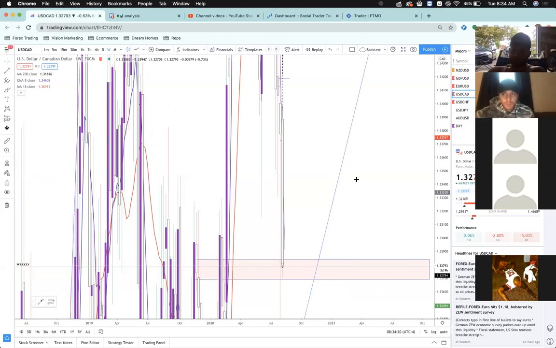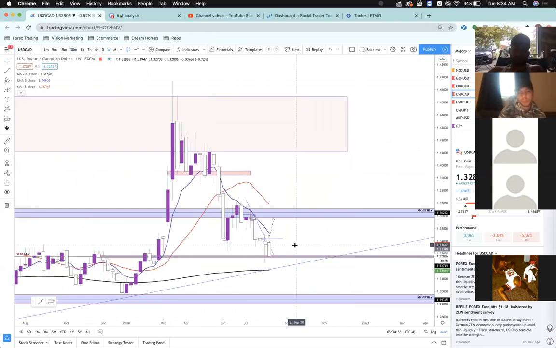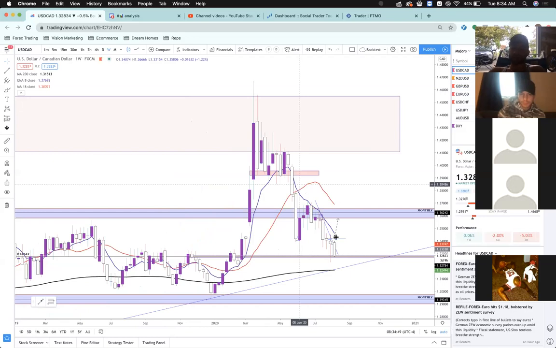All right, so we're just gonna start on UCAD. I'm gonna start on the weekly time frame. This is a trade we just put out in the signals, so we're going to go over it, do a top-down analysis, starting all the way up on the weekly. On the weekly time frame, we are bullish in the sense that it's blue over red up here, then we're on this pullback, red over blue. So we're looking to find support somewhere.